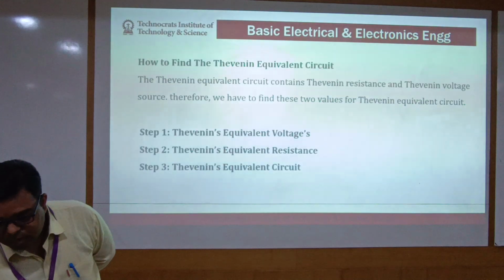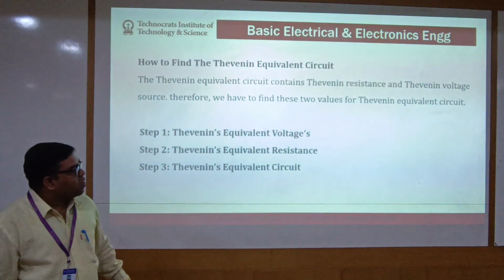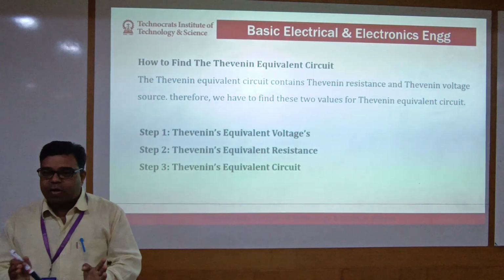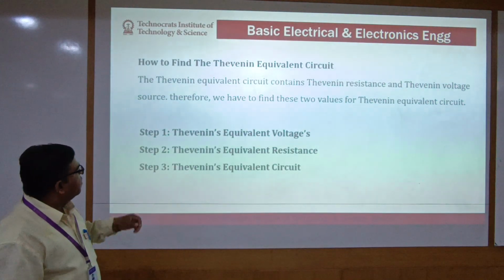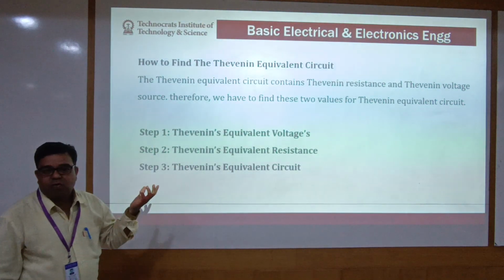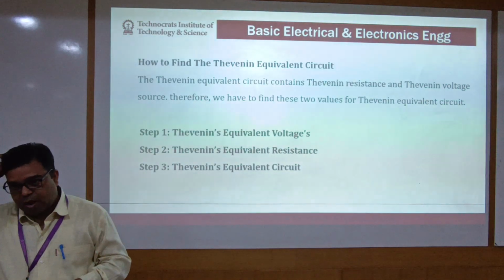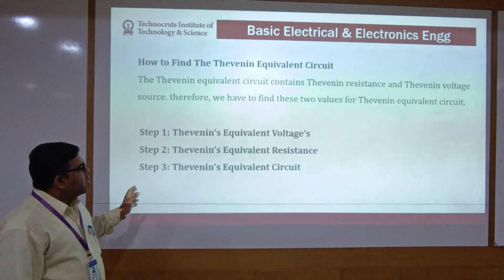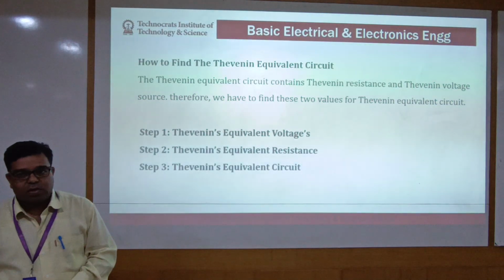Now how will we find all the values of VTH and RTH and how will they be connected? So step by step we will learn. The first step is to find the equivalent voltage. After that we will calculate the Thevenin's equivalent resistance, and thereafter we will make the series combination and draw